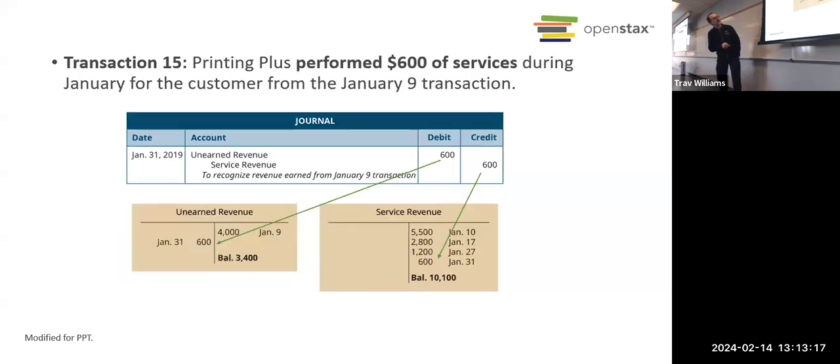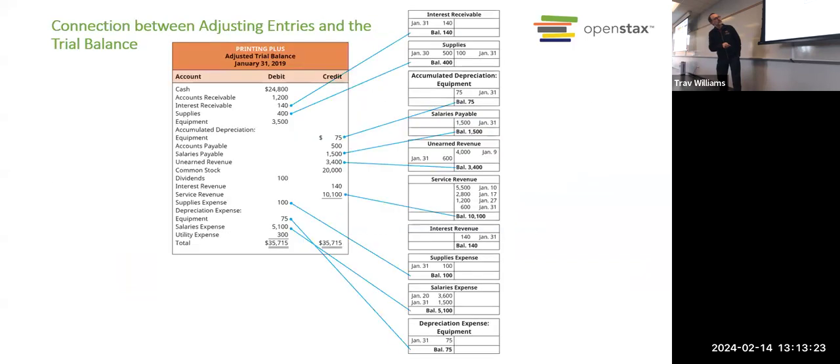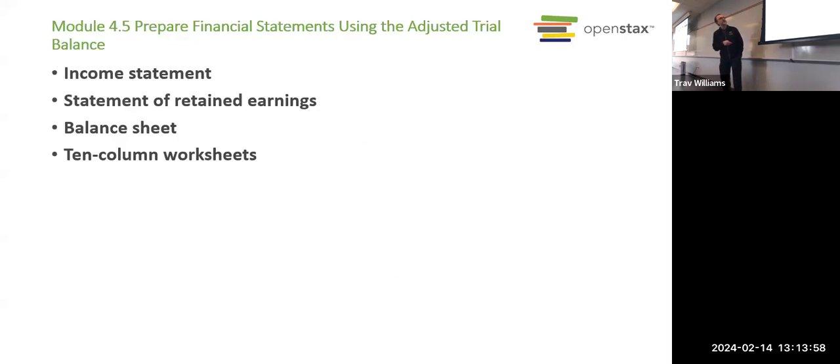Okay, let's see if there's anything else major I need to cover here. Making the adjusted trial balance is really just the same as making the unadjusted trial balance. In both cases, you just take the balance of every account in the ledger, you put it into your trial balance. Some accounts have debit balances, some have credit balances, and if you total up the debits and credits, they should equal. So really making the adjusted trial balance is no different from making the unadjusted trial balance. The numbers will be a little bit different because of the adjustments, but that's it.